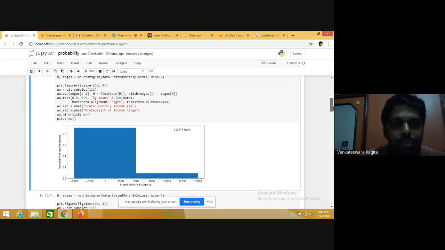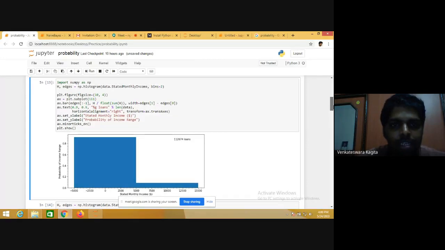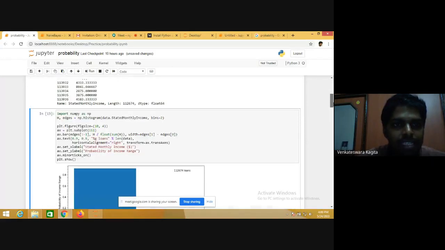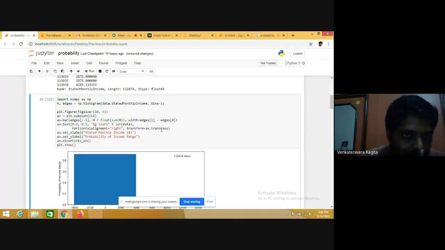How can you analyze or plot a figure or histogram like this? Using the NumPy library, you can do that. Import NumPy as np. This is the NumPy library that I've imported, and I'm using np to refer to that library. So it is np.histogram of this data that we would like to analyze, and the number of bins is equal to 2.